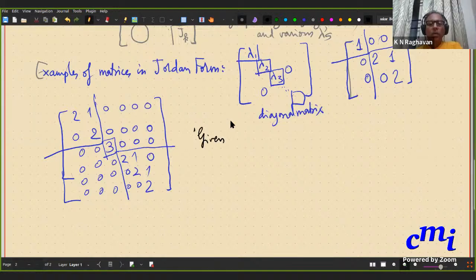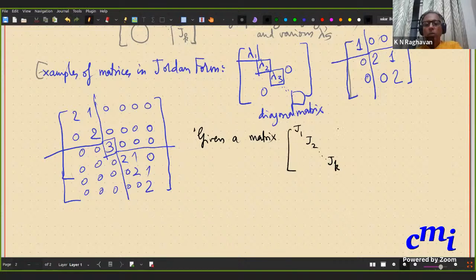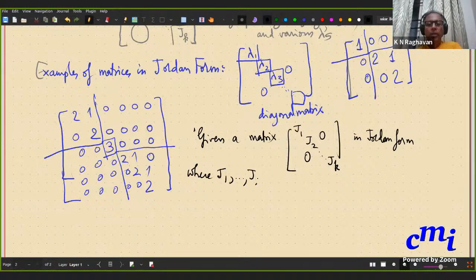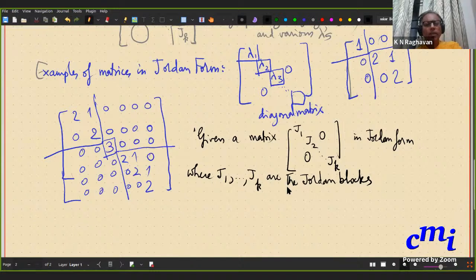Given a matrix J1, J2, Jk in Jordan form, where J1, Jk are the Jordan blocks,